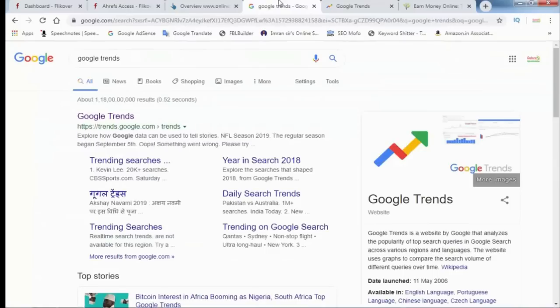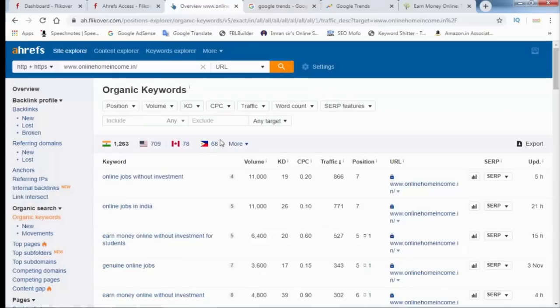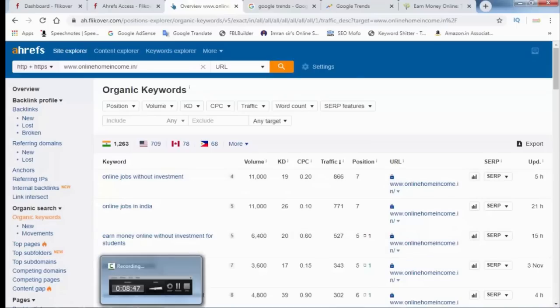This is the first step. Once any of your keywords is ranked on Google, after that you can use my black hat technique to send traffic on that keyword. The traffic will go to your website from the search engine. After that, the traffic browses and reads your content, and then they click on your ads and you will earn on Google AdSense. This is my first step.